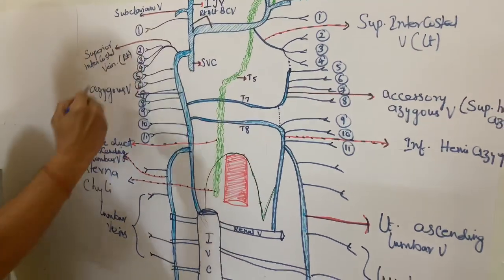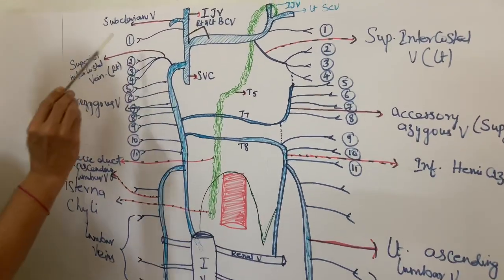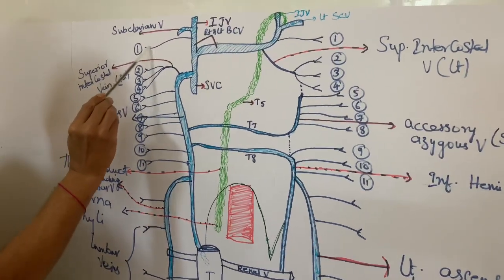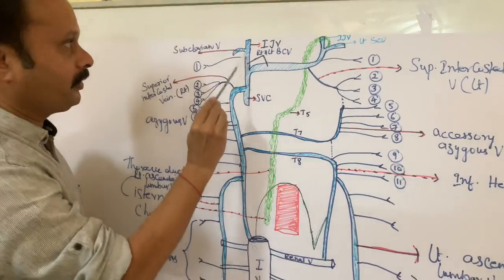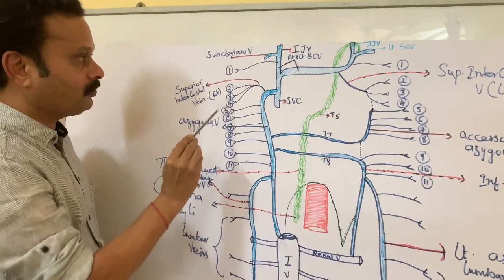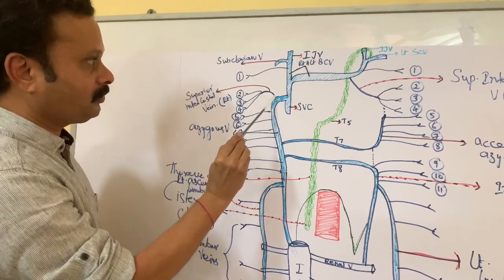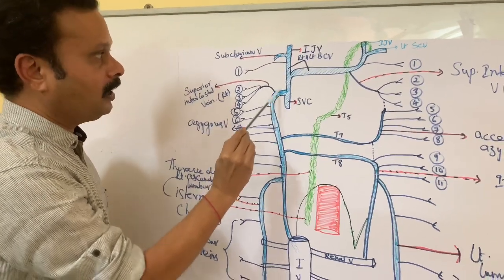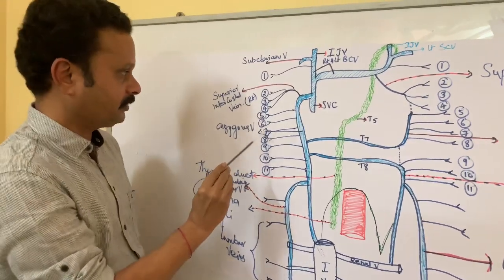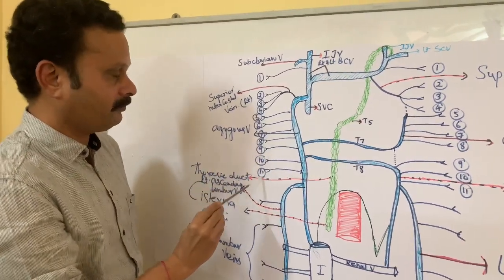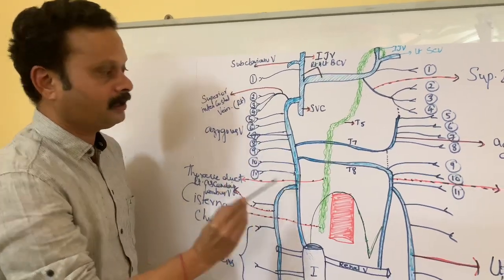The termination of the posterior intercostal veins of the right side, again I repeat: first right posterior intercostal vein directly drains into right brachiocephalic vein. Second, third, fourth join with each other to form the right superior intercostal vein, which drains into arch of azygous vein. 5th, 6th, 7th, 8th, 9th, 10th, 11th right-sided posterior intercostal veins directly drain into azygous.